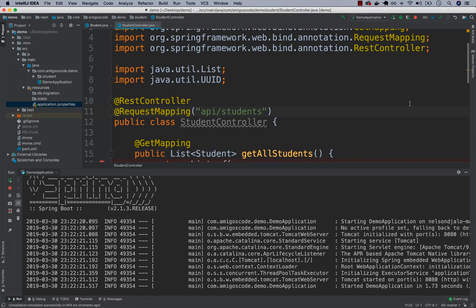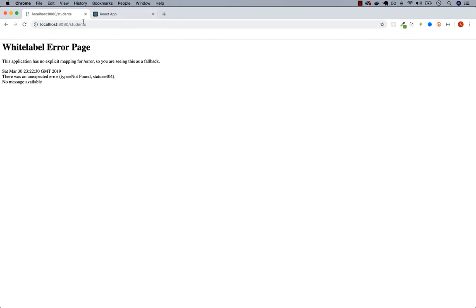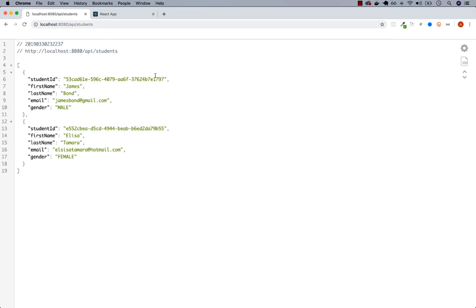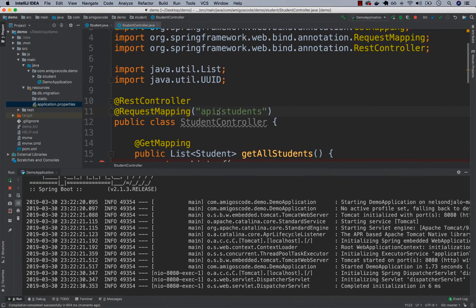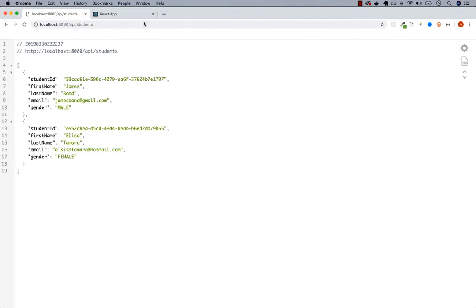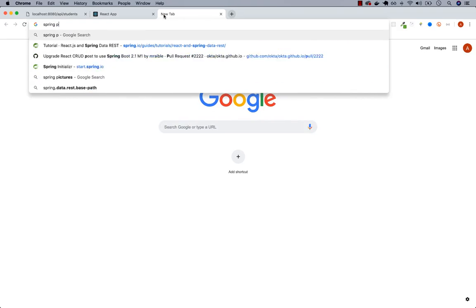and go back to Chrome and then refresh the browser, you can see that that doesn't work. And I need to add API, so /api and then /students. So this is one approach, but that means that you need to add /api and then the path to every single endpoint that you have. So instead, what we can do is use property files. So if I go back and open up a new browser and then say Spring and then properties,